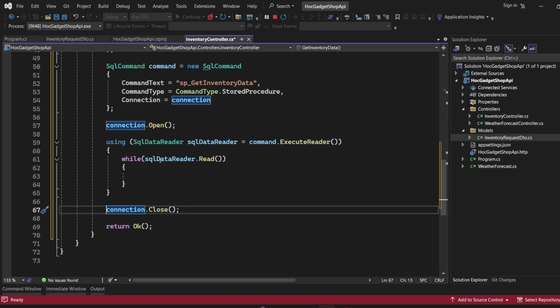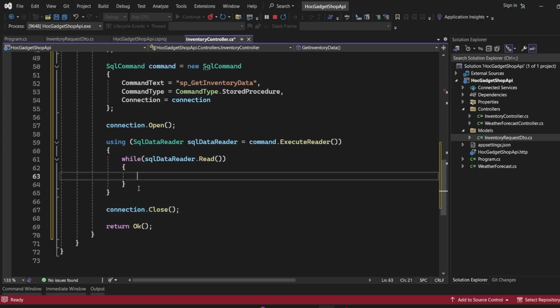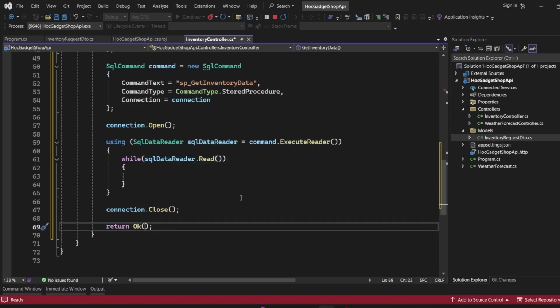So basically what we want to do is create a list of inventory DTO from this SQL data reader and return it as a result of this action.